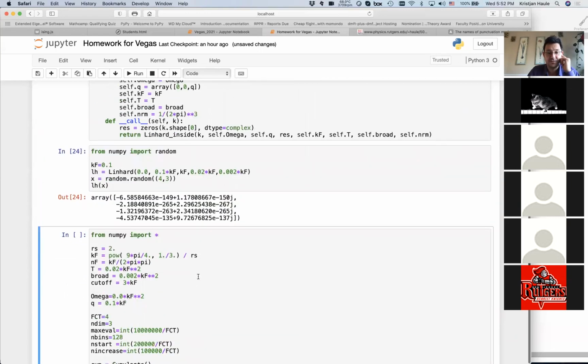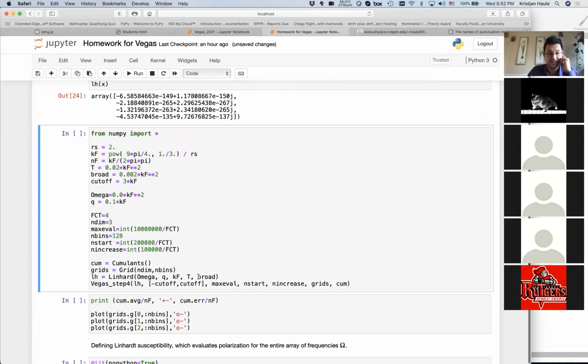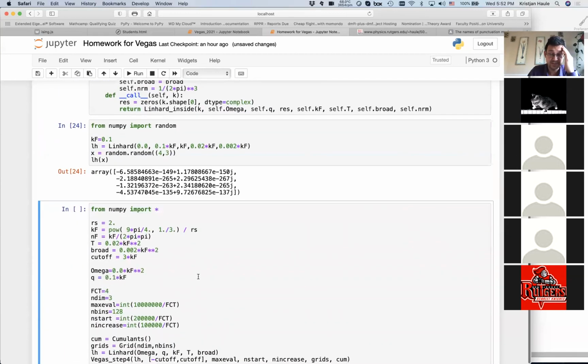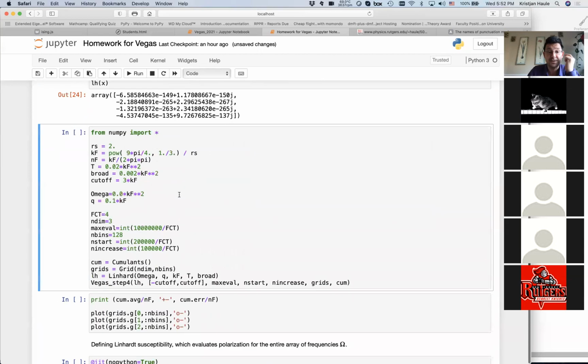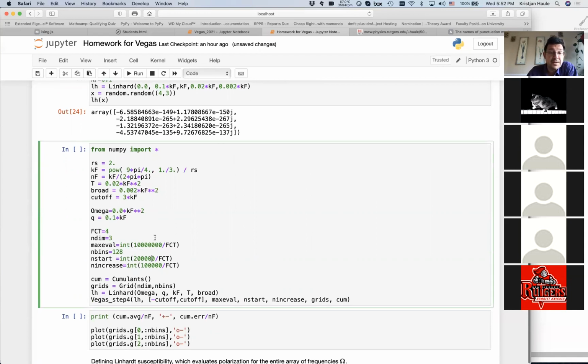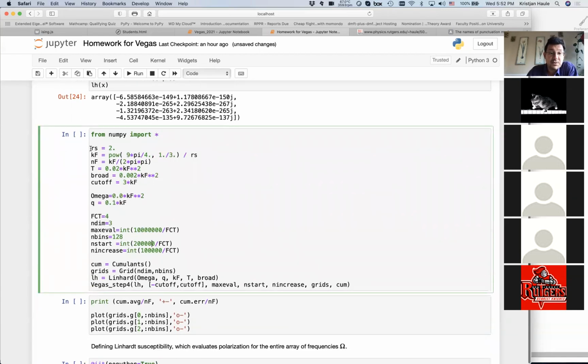And now the question is whether, when we use the generalized Vegas, it gives the correct result. So we specify RS is 2 as required in the homework. Then we calculate the Fermi